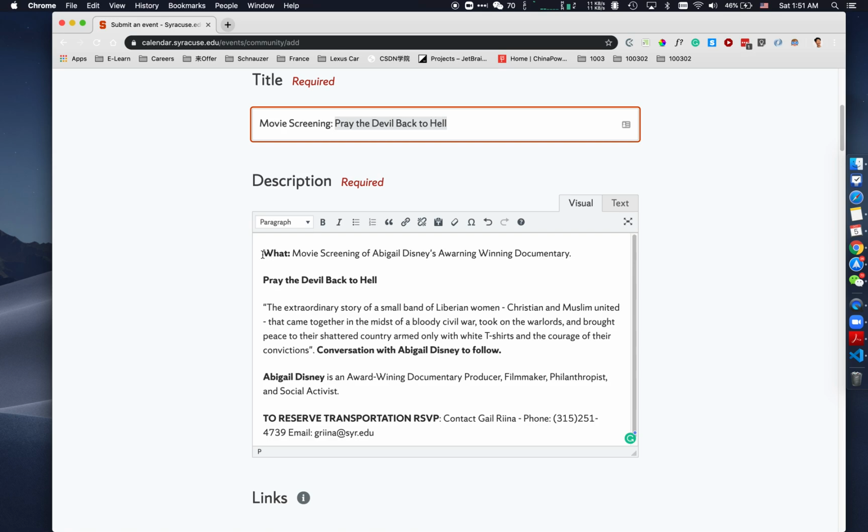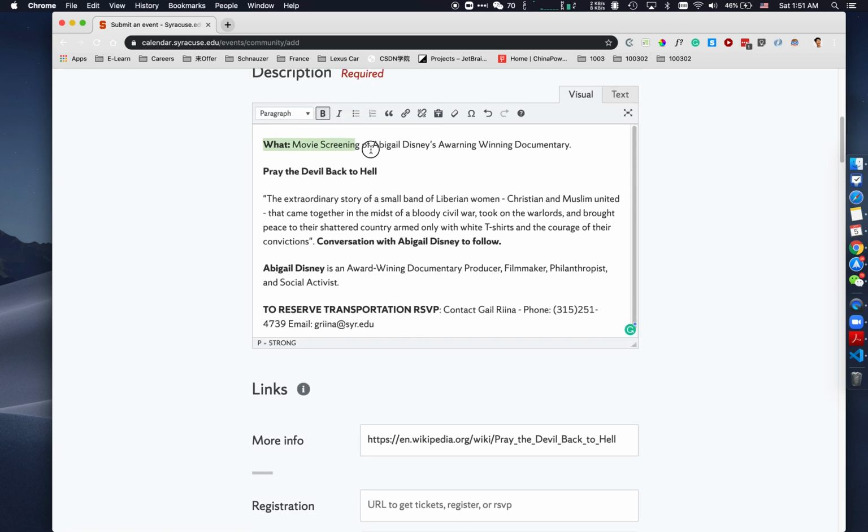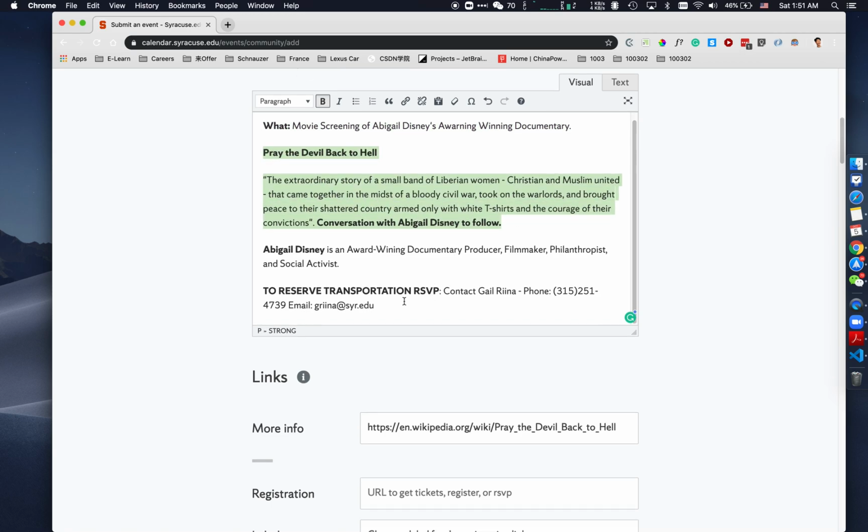For the description, you do not have to put time, you do not have to put host information because later on you're gonna have it there. So you only need to put what the event is and more detailed stuff. For some stuff that she mentioned, so for this part,